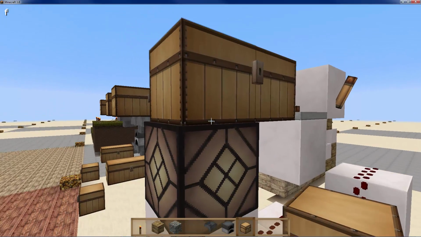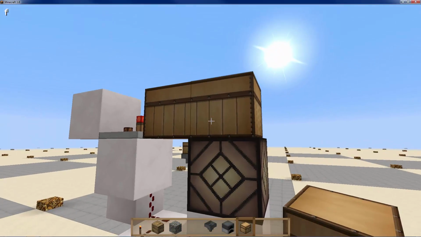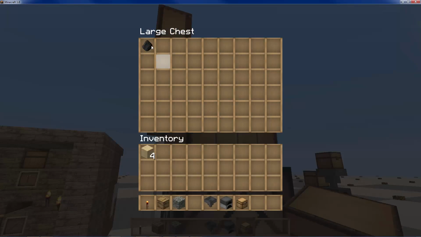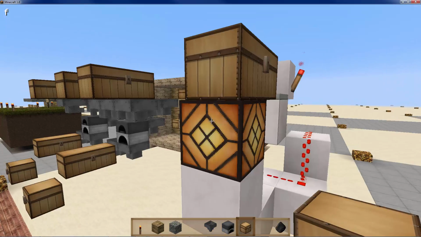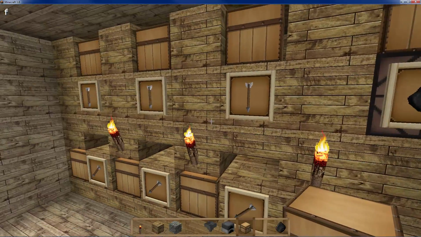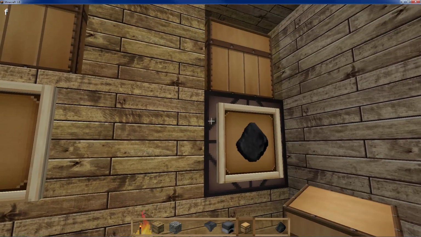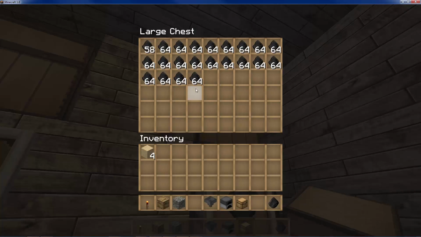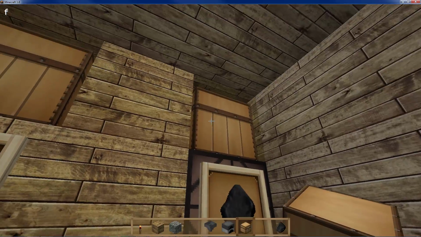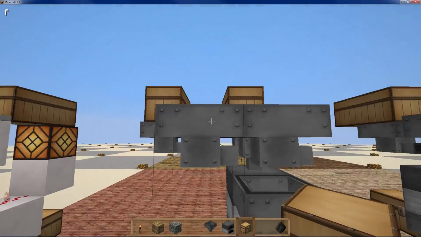So as that hopper that's underneath the chest here draws items out of this chest, it will eventually empty the chest. And when the chest becomes empty, the light will light. So over here, after you've built your wall, and of course the cosmetics are up to you, anytime this chest becomes empty, this light behind this placard will light up, telling you that you're out of coal in the chest. You are not completely out of coal, remember,